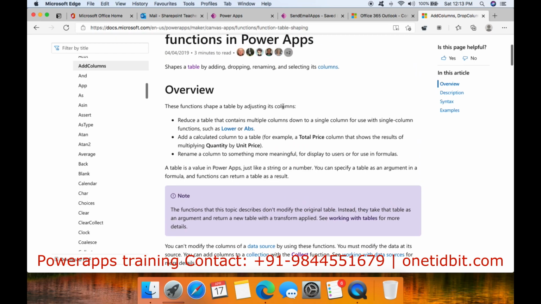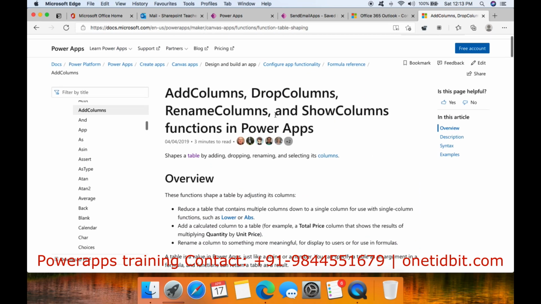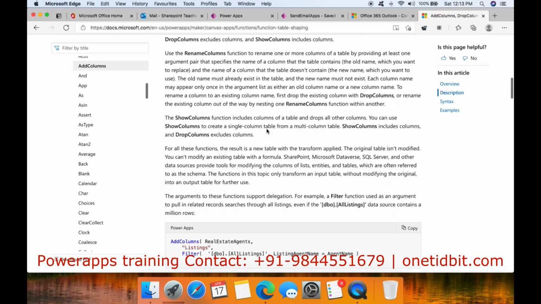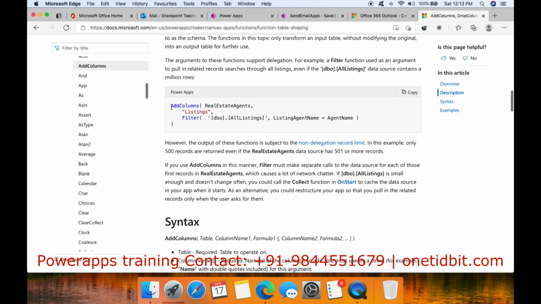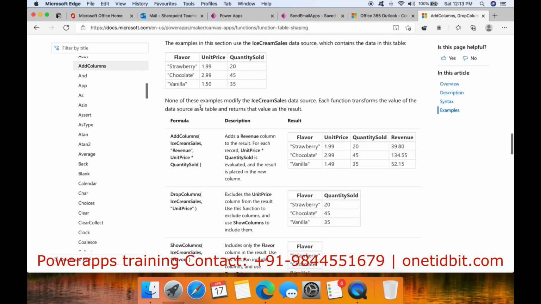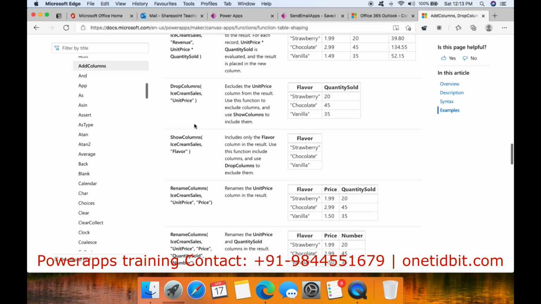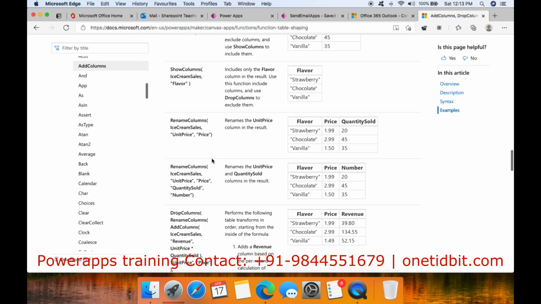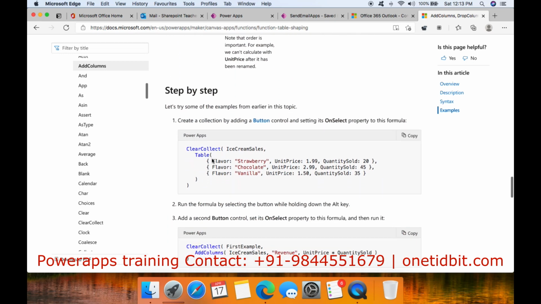If you see AddColumns in Microsoft Docs, you can see AddColumns is one function we can use. And with AddColumns we can rename if you want. See, AddColumns and RenameColumns, everything is there, so we will use that.